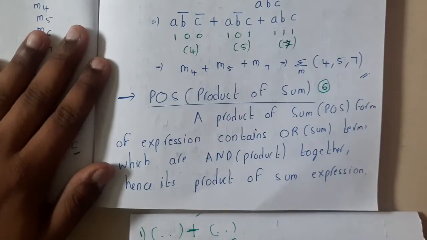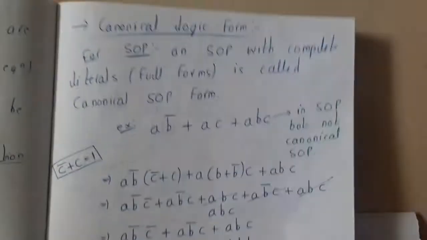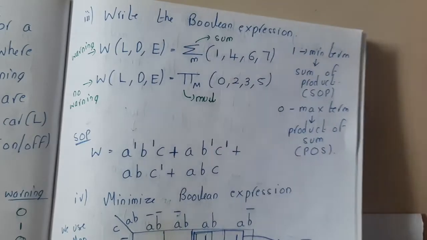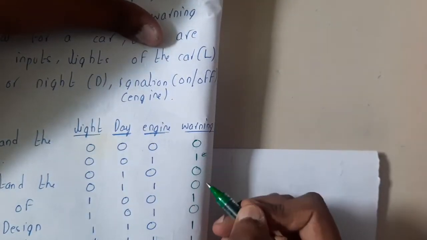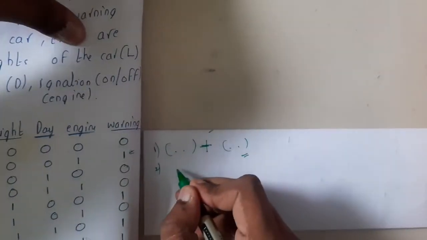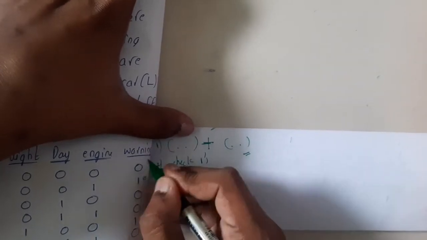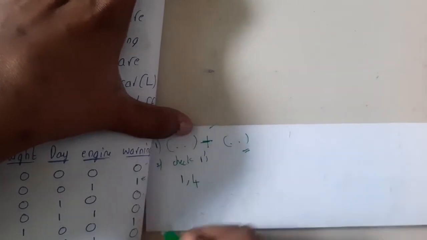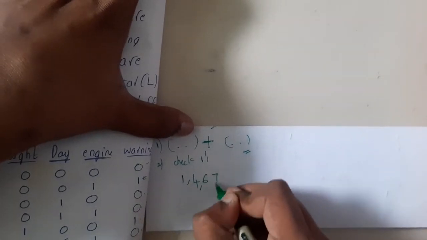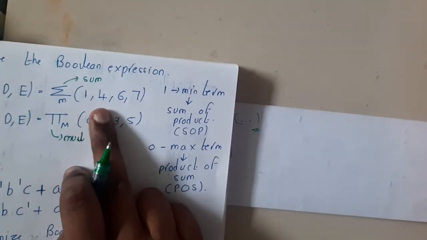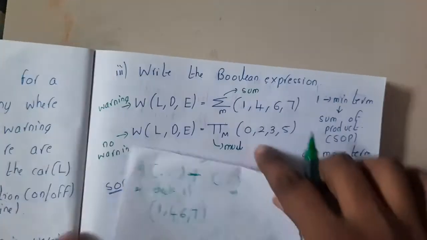If there is a particular truth table, let me take the first truth table which I have discussed, guys, because I think that will be a good example, since we have gone through it once. Whenever you are going to represent sum of products, you will check only the one values, guys. So it will always check for ones. The ones are there at 1, 4, 6, and 7, right? If you recall, we wrote those here.